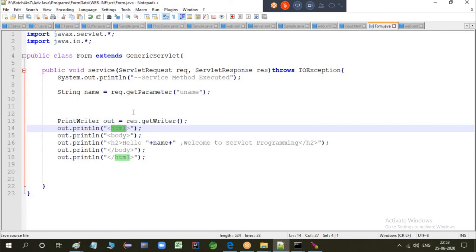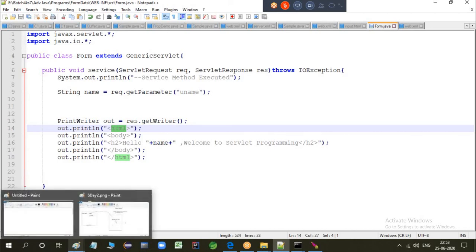Understanding? Okay. Now the last way of developing a servlet. Like I said, there are three ways that we can develop a servlet. What is the first way? Implement the Servlet interface. What's the second way? Extend GenericServlet.